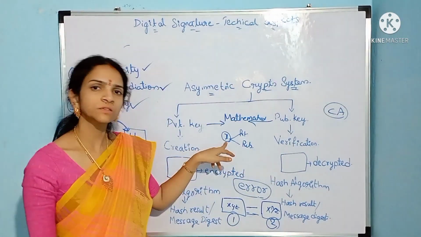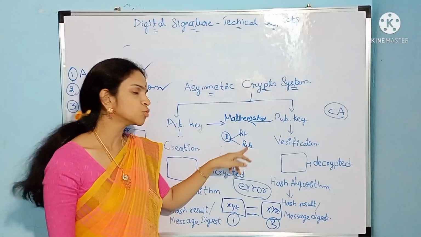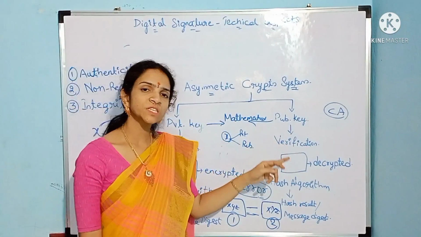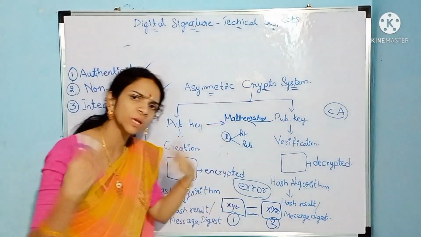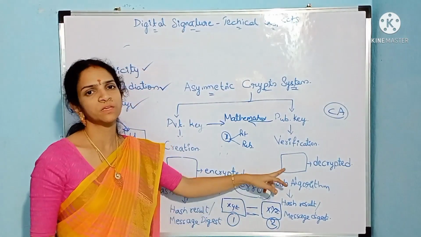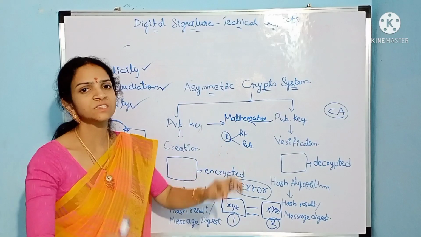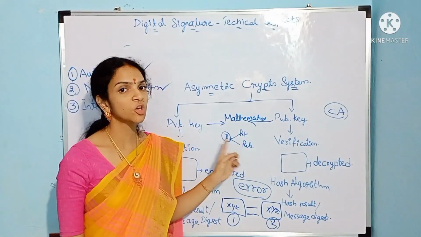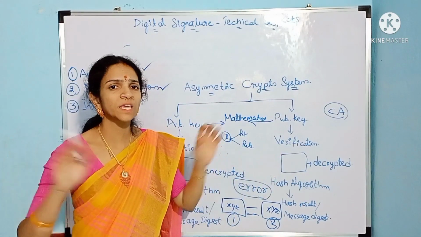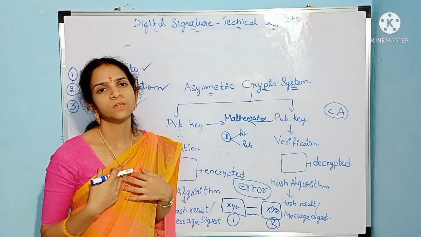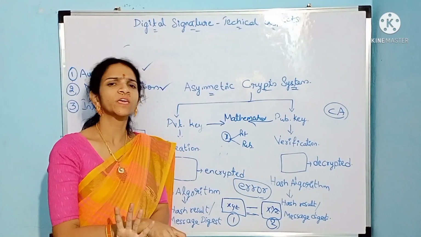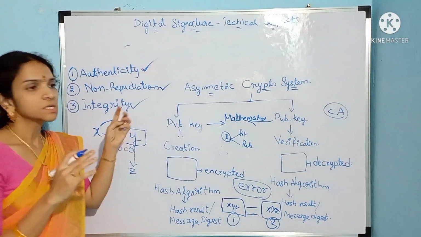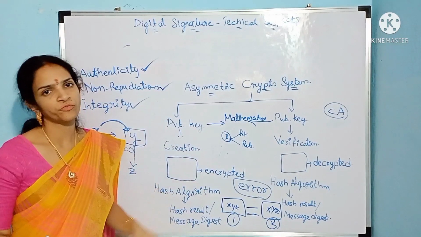Because at the time of obtaining the digital signature, he is given two keys, private key and public key, both of them mathematically connected. The document which has been encrypted by the private key can only be decrypted by the corresponding public key. That itself means that it is X who had sent it. A document encrypted with the private key of X cannot be decrypted by any other public key, like yours or mine. It can only be decrypted by the public key of X. That means authenticity is satisfied, because it is proved that it is X who sent it.